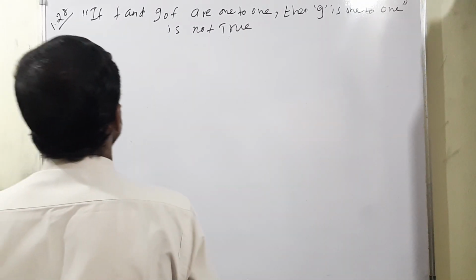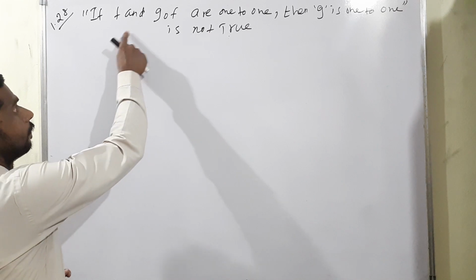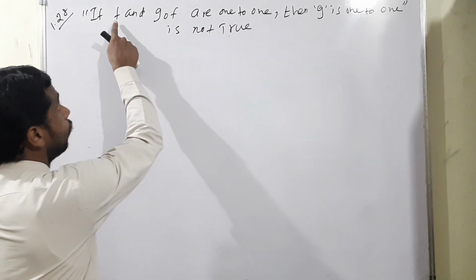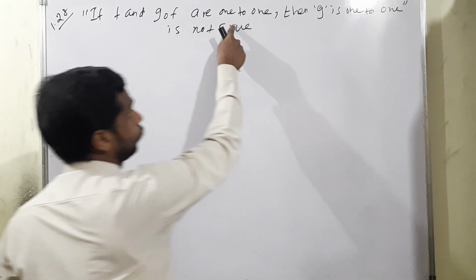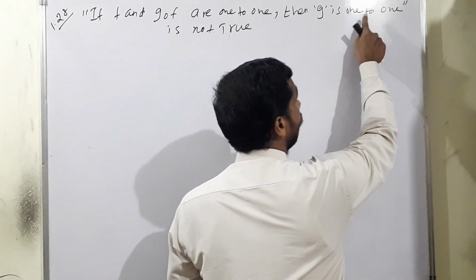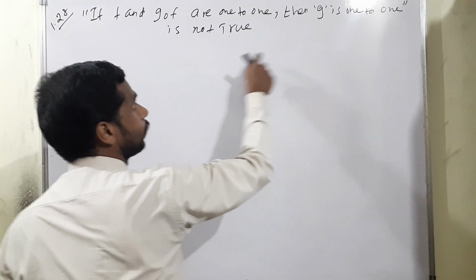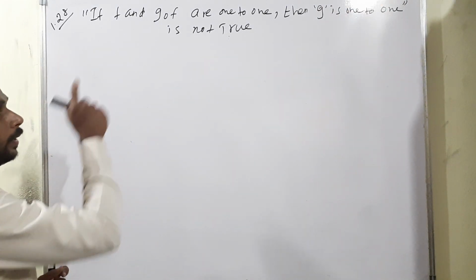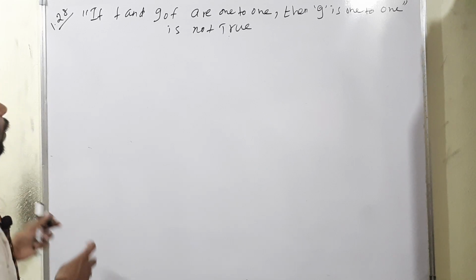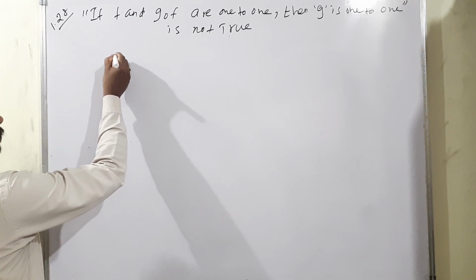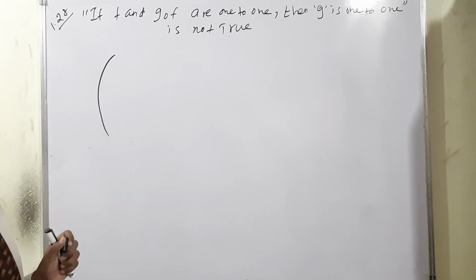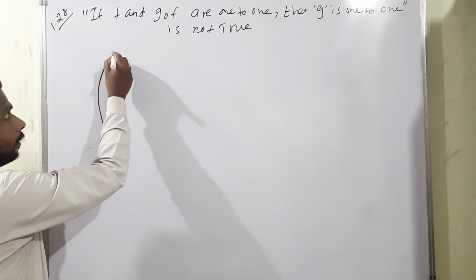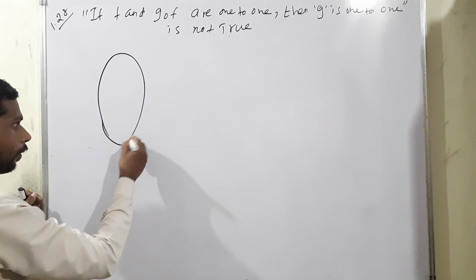Example 1.28: if f and g dot f are 1 to 1, both f and g dot f are also 1 to 1, but at the same time g is 1 to 1 is not true. So g is 1 to 1 is not true. The question also says show that the statement holds, okay. So now to prove it with a diagram, in your book another example diagram is given, you can check it. Moving to this diagram, okay, I will move on to another arrow diagram.